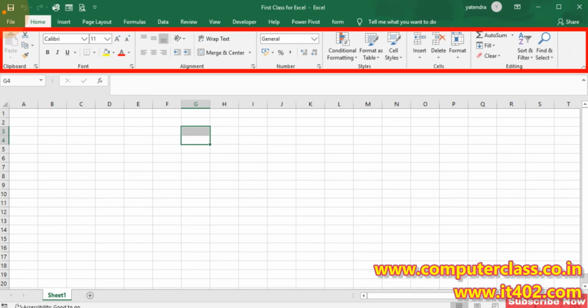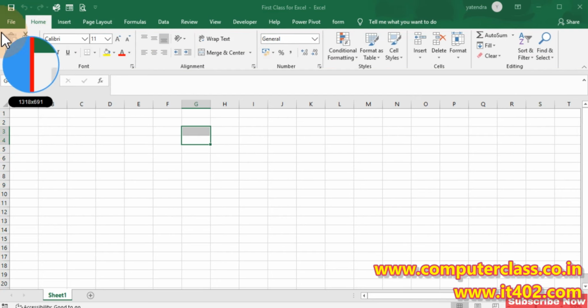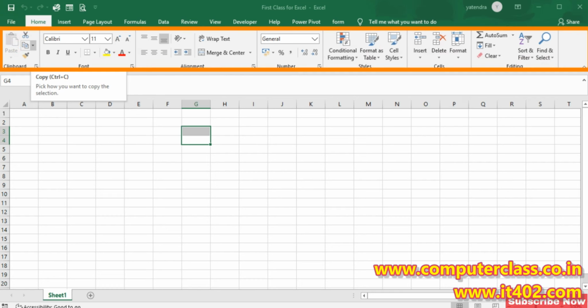These are called the menu bar or tabs. Suppose we just click on Review, all the options in the ribbon bar will be related to Review. If we click on the Home tab, these ribbon bar options are related to the Home tab. So this is called the ribbon bar.